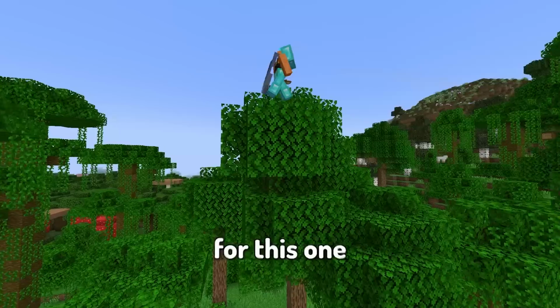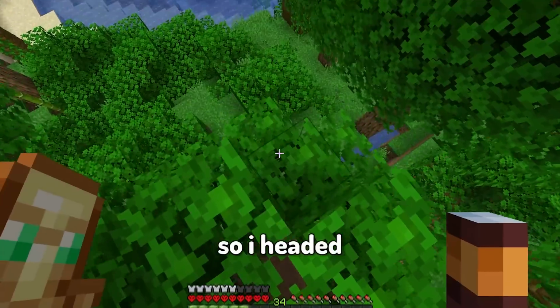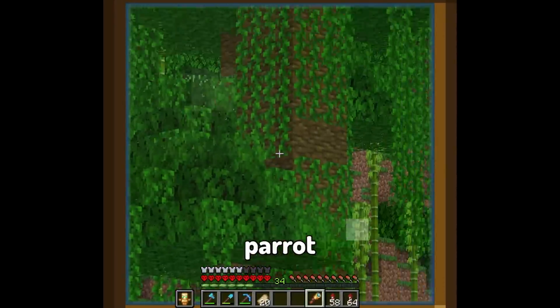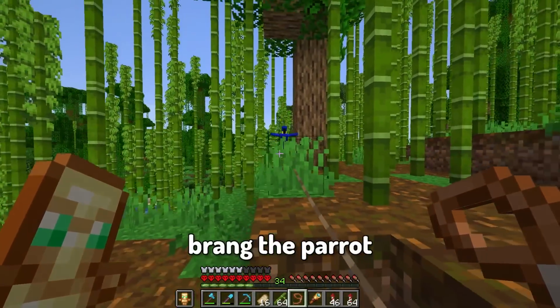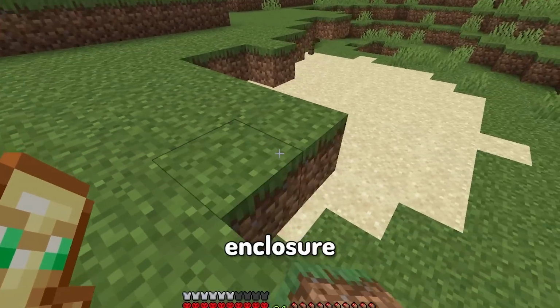Next is the parrots. For this one, I obviously had to go into the jungle, so I headed straight there and went on the lookout for a parrot. After searching for a while, I just went back to my old base and found one there instead. Once I had brought the parrot all the way back, I started working on the enclosure, and this one was